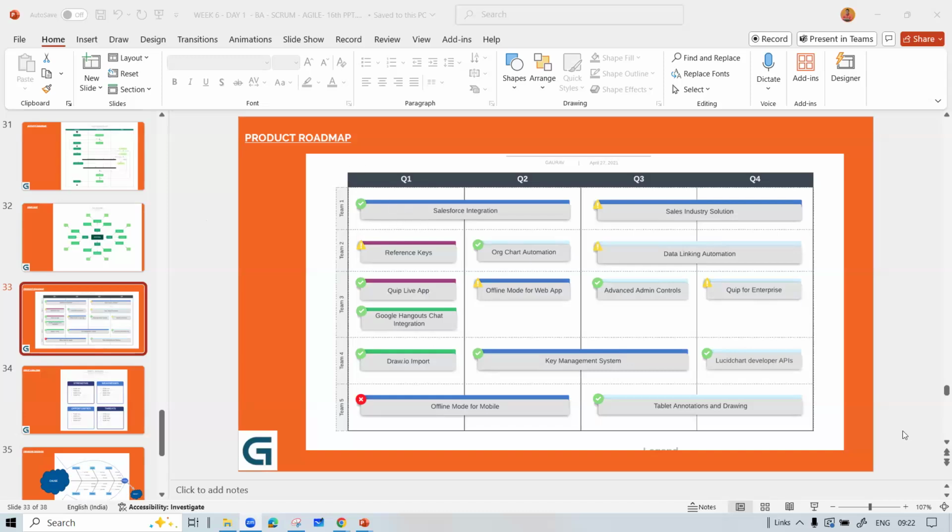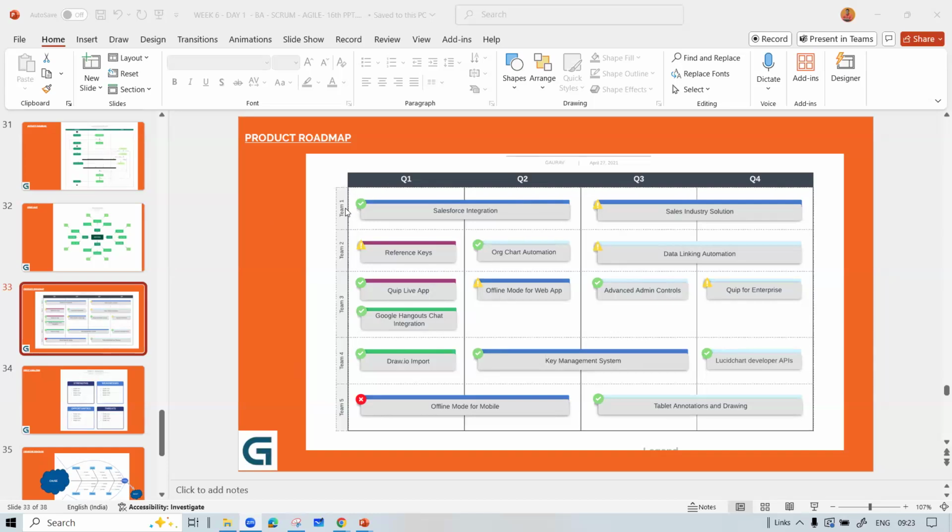When you simply read this particular roadmap, you would get to see that the timeline has been divided, and the timeline has been represented in a quarterly manner. So you can see here Q1, Q2, Q3, Q4, right? So it is representing 3 months of work for different teams, and sometimes the time will overlap. When we say overlap, it means that it will not be confined to one quarter. A few activities can go beyond one quarter, and that's how it has been represented.